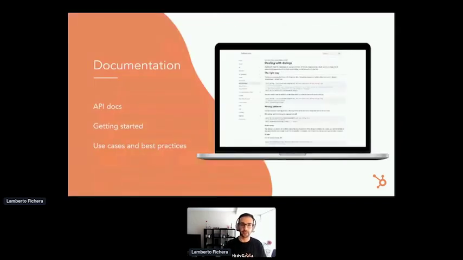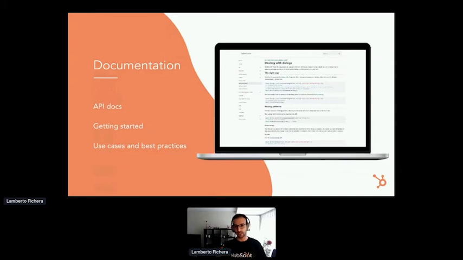We also took care of the documentation, as I was saying before. That is one of the ways you can spread the knowledge and the best practices. In our case, we have three different areas of this documentation. We have the API docs, just plain old JS doc style documentation for all of those utils that you saw.